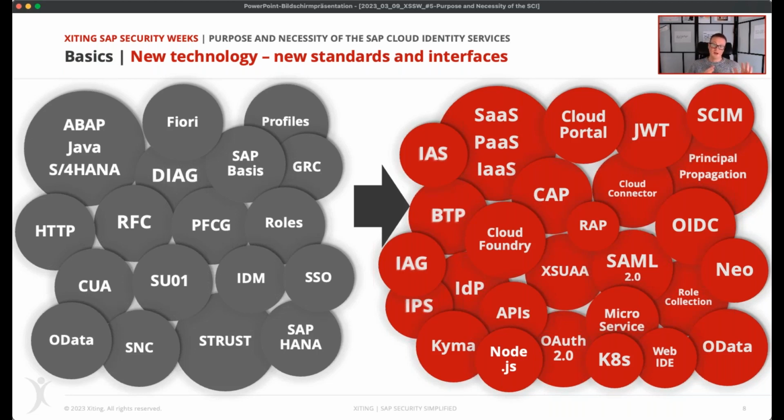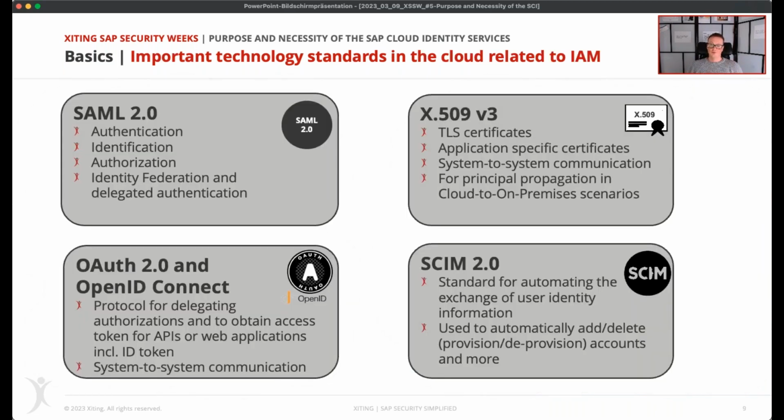And that means they have to rethink a little bit. It's no longer just the on-premise world. Previously, SAP was known for using proprietary interfaces and protocols, and this has really changed. SAP's approach is now centered on standards, which is really a good thing because it offers benefits in terms of ensuring interoperability. But on the other hand, it poses a challenge in terms of the various ways in which companies can manage identities or manage authentication in such a hybrid world.